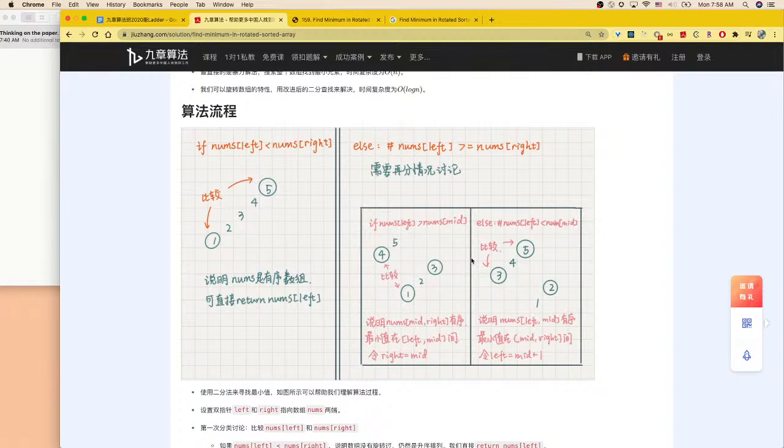If nums left is greater than nums mid, say 1 5 4 1 2 3 0 1 2 3 4, mid to right 右最 left 同 mid 之間0 right 等於 mid, nums left 係小於 mid。說明 nums left mid 有最小值係喺 mid right 之間0 left 等於 mid plus 1。